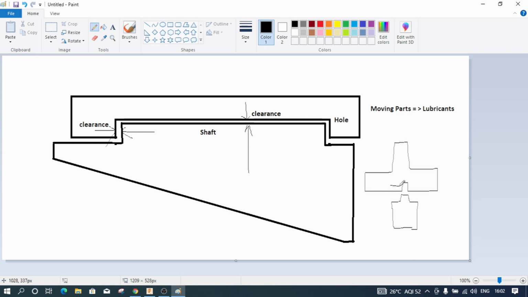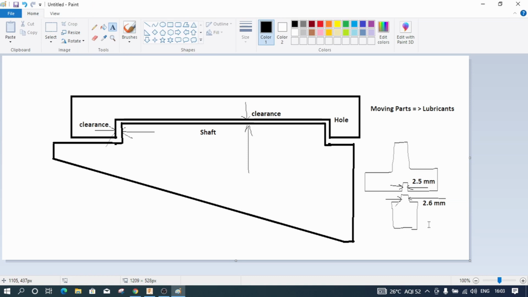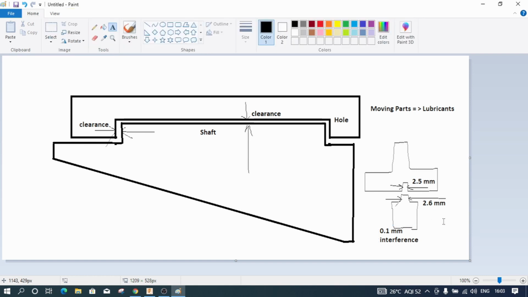And I have also told you that this particular width can be smaller than this particular width. And in the last video, roughly I said that if this is 2.5 mm, this can be 2.6 mm. That means there is an interference of 0.1 mm. So how do you know that this particular 0.1 mm of interference exactly makes this joint fit? That's why I am telling you that we will first experiment with these particular interference values, and only then we will 3D print this whole aircraft.